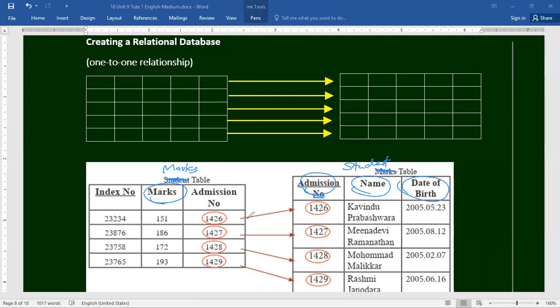So we can see admission number 1426 is connected to the student table, one record to one record, likewise. So we are going to draw only these two tables to understand how to create one-to-one relationships. These empty tables are enough.